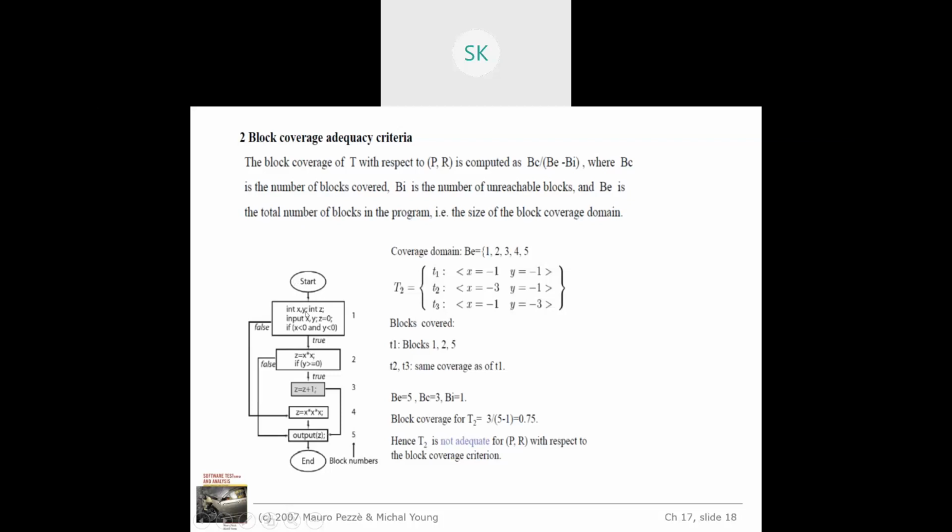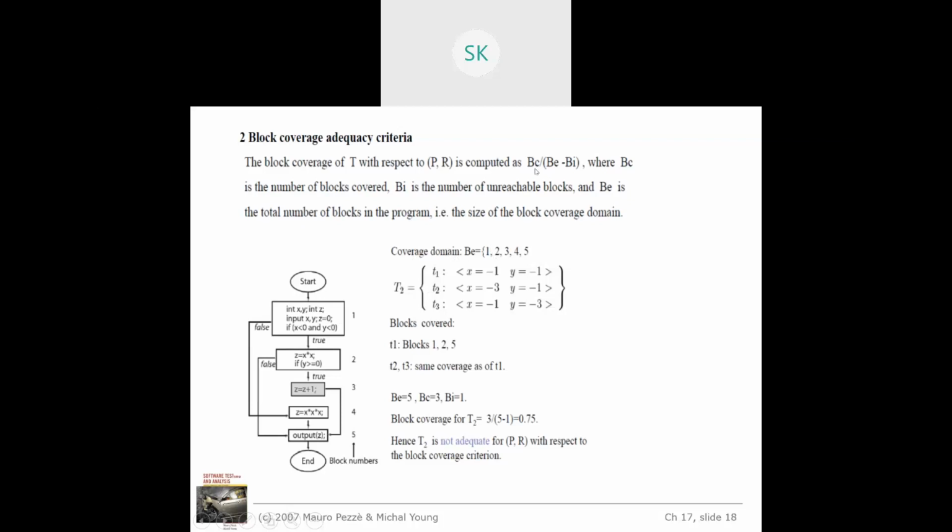Now we have identified the blocks. From inputting x, y followed by z, whatever you are capturing from the standard input, all those details will be put in one particular block, followed by the first if statement. After that, the next block comes into the picture. Still the if statement, the next block will be there. Once the if statement is there, then the next block will come. Like this, how many blocks do we have? 5 different blocks.